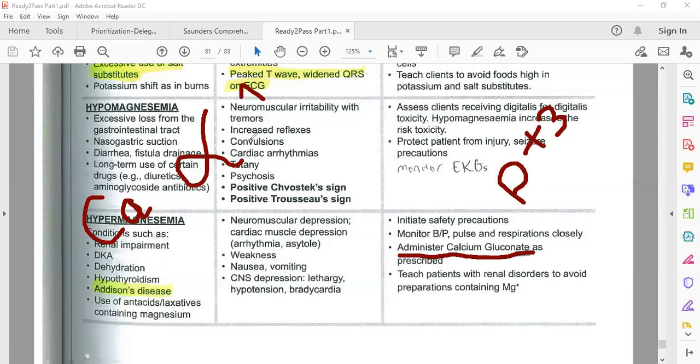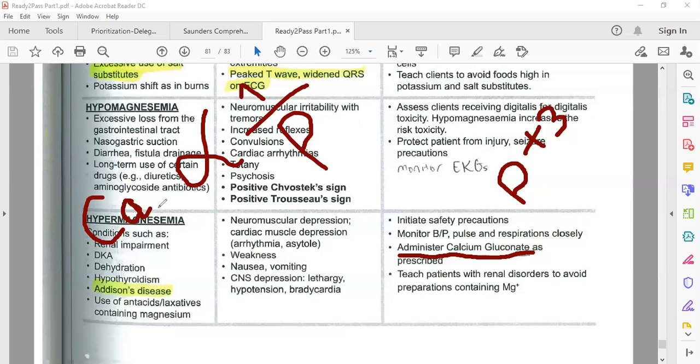This is called an inverse relationship. Or if the calcium level goes down, the phosphorus level goes up, inverse proportion. If the calcium is high, phosphorus is low, or vice versa. If the calcium is low, phosphorus is high. Important,